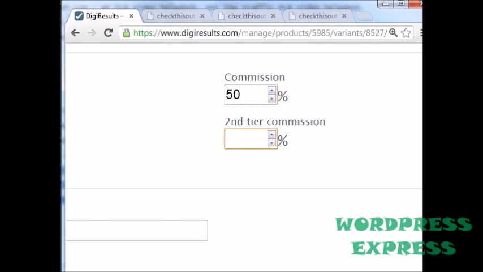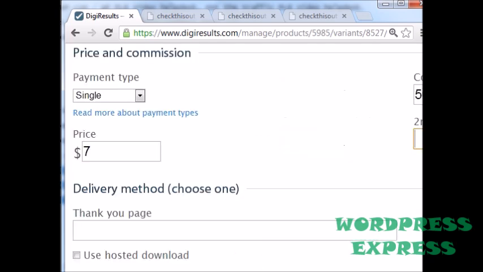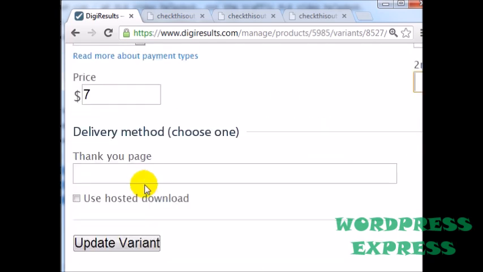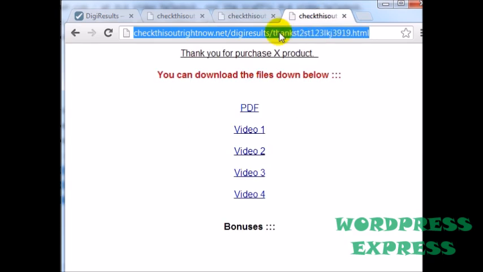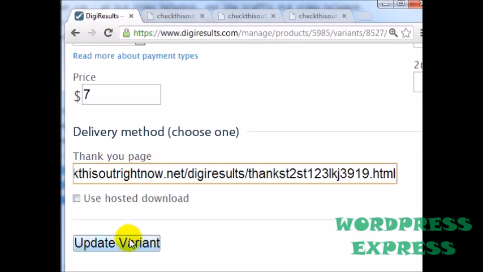And remember, with single one-time offer products, you can do a second tier commission. The only thing to remember is that if you have a recurring product, let's say the one-time offer is a recurring product, you can't actually do a second tier commission. So in this case, I'm just going to leave it blank. The thank you page, of course, is going to be this page here. So I'm going to enter this here, click on Update Variant,